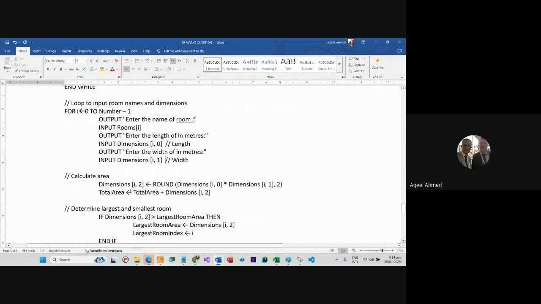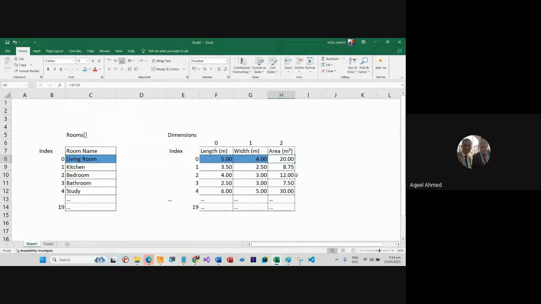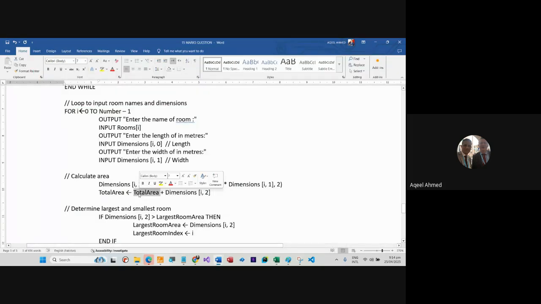ये काम अब हम करने जा रहे हैं कि डायमेंशन आई कॉमा 2 ये एरिया है। इसके अंदर हम डायमेंशन आई कॉमा 0 को मल्टीप्लाई कर रहे हैं डायमेंशन आई कॉमा 1 से, यानी लेंथ इनटू विड्थ, और जो भी मल्टीप्लिकेशन के बाद आंसर आएगा उसको हम राउंड कर रहे हैं, 2 डेसिमल प्लेसेस तक ले जा रहे हैं। उसके बाद जो डायमेंशन आई कॉमा 2 है, इसको हम टोटल में ऐड करते जा रहे हैं, यानी कि तमाम डायमेंशन का टोटल होता रहेगा। जैसे जैसे डायमेंशन आती जाएंगी टोटल होता जाएगा, टोटल एरिया में।